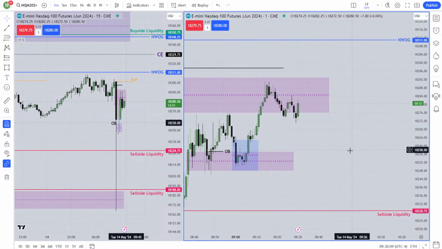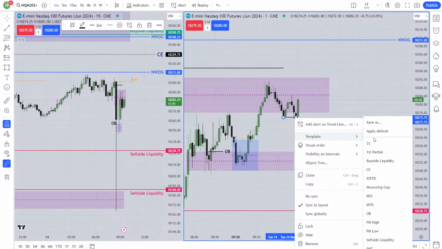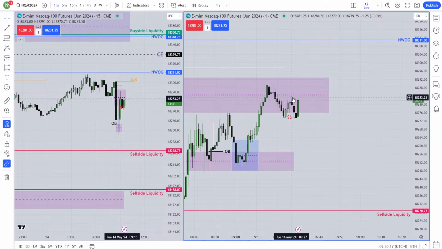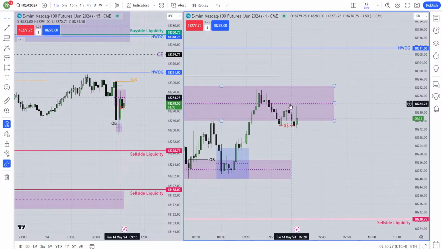So this is 9:30, and all I can see is the market has taken some liquidity here. Now this swing high is not valid for shifting market structure. Absolutely, I agree with you. But as my prediction is the market is going higher, so if I get a market structure shift above that swing high, I will force the market to give me a setup.